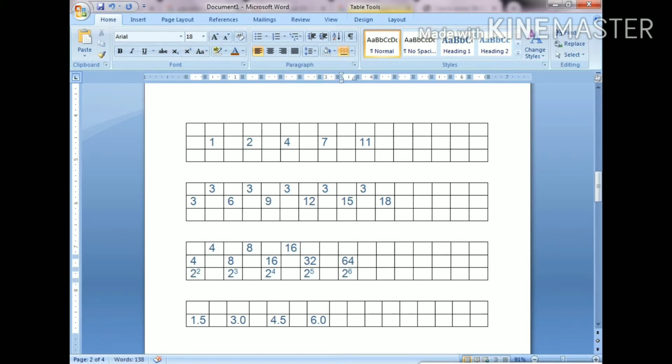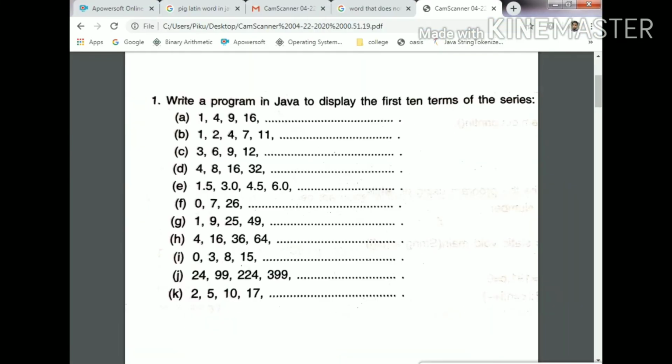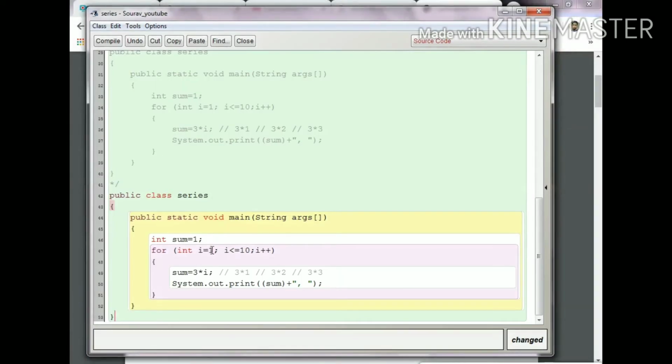So here I have to start with 2, 3, that is the power value, which will be the value of I. The power value starts with 2 and ends at 11, which means I have to print 10 terms. So here, not 2, I have to use